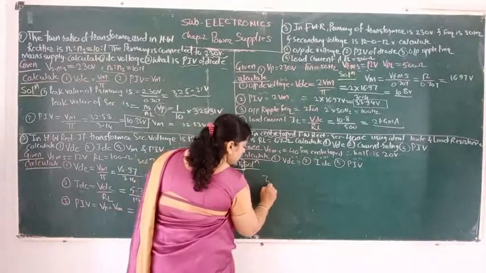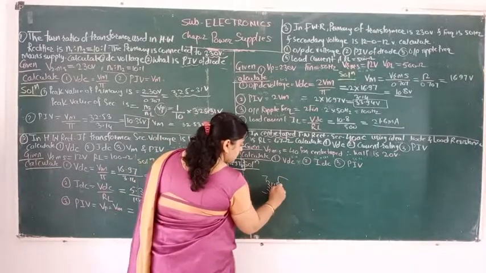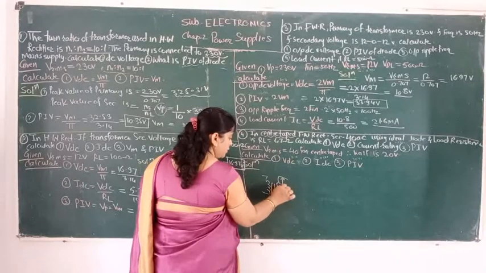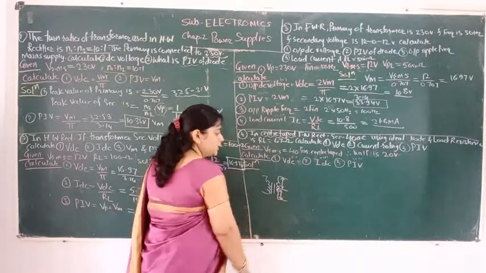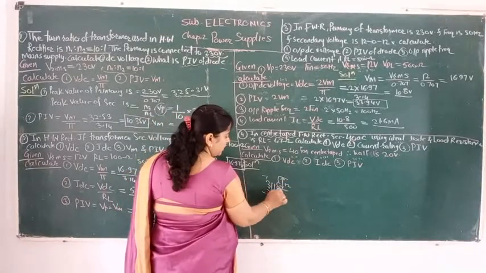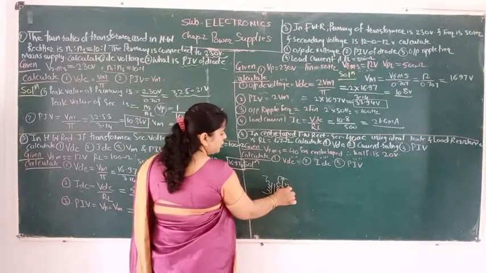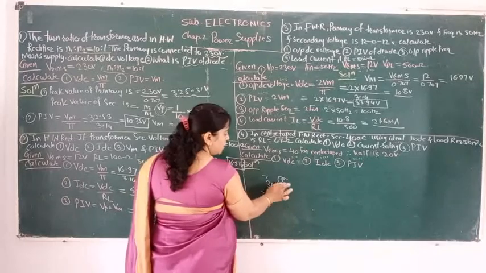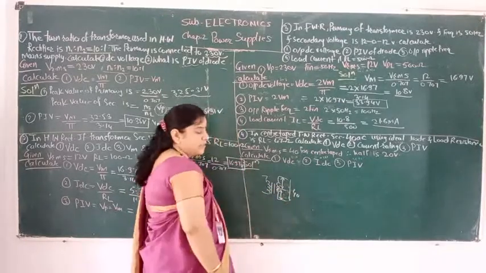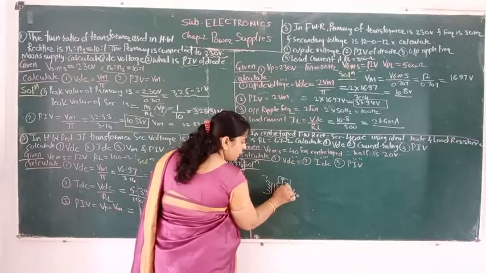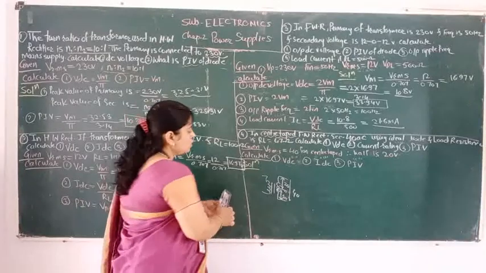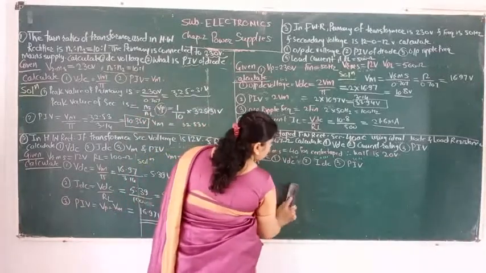See, the transformer is like this, the secondary transformer. Center tap means like this: this half portion and this half portion are the same. That is, here it is given 12, and here it is also 12, and here we are getting 0. Therefore it is 12, 0, 12. Now directly, all of this given is 40 volt. So how much is it? This is 20, 0, 20. Okay. So what is this value?